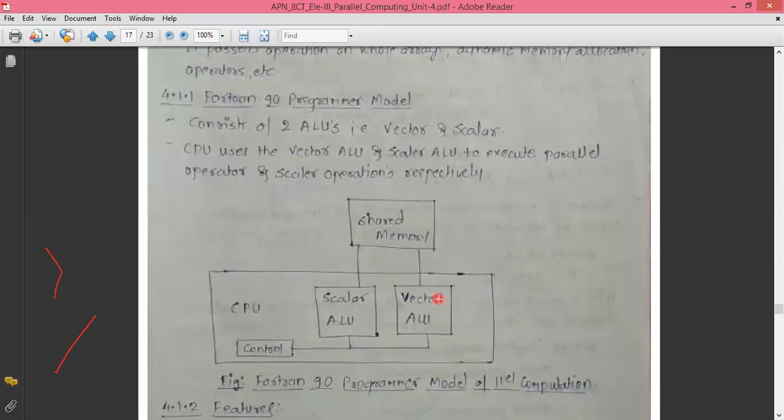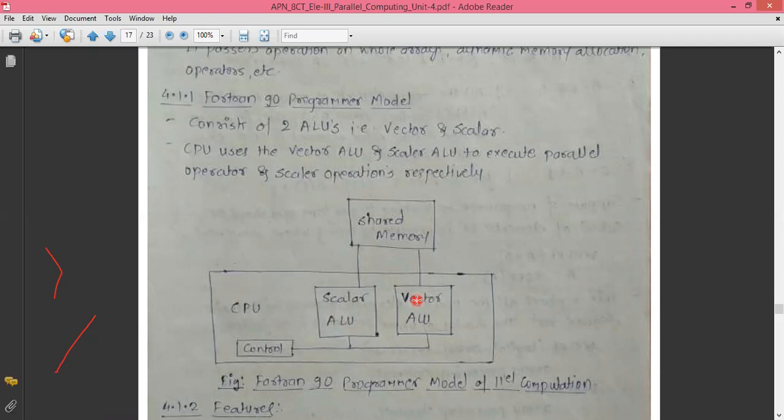So this is the general model. There are two different types of processors mentioned over here: the scalar ALU and the vector ALU. ALU is nothing but a processor, right? The scalar ALU is the arithmetic logical unit which executes the simpler tasks. For example, an instruction like printf, my name is this, is a scalar instruction. But an instruction like c is equal to a plus b divided by d, multiplied by f, and again divided by x is complicated in nature, and it is called a vector instruction.